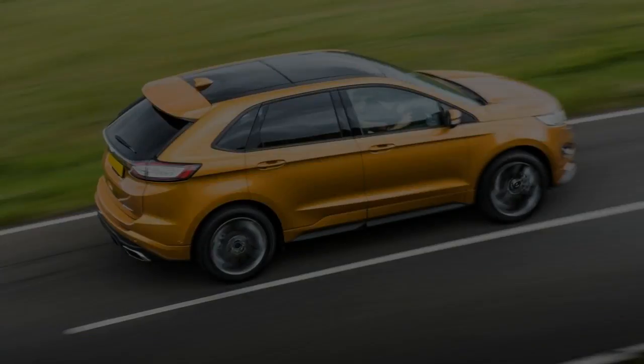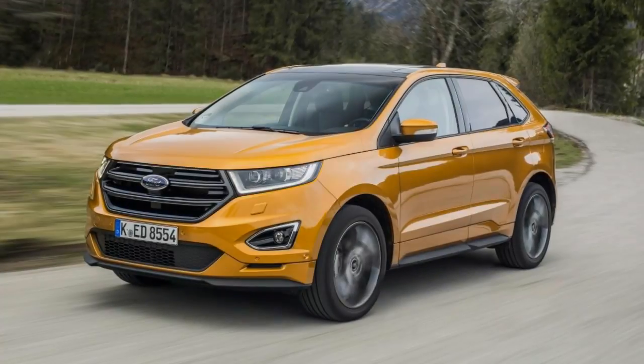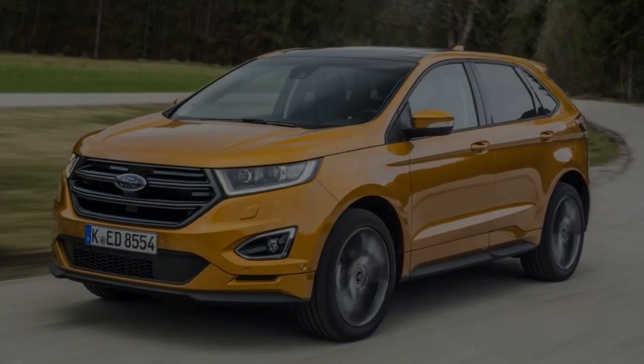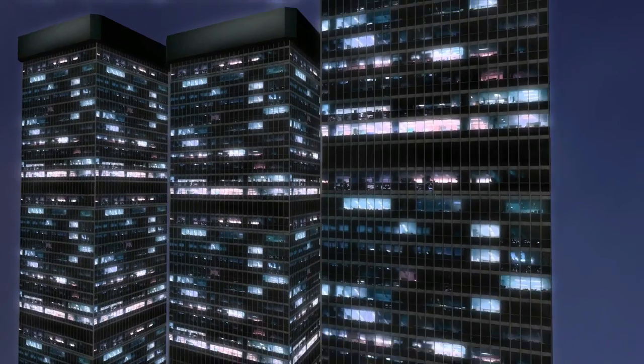While the Edge is a good all-rounder, it's pretty hard to justify against some rivals that offer more equipment and an extra pair of seats in the boot, all for the same price. And while running costs aren't the best in class either, they're still not bad for such a sizable 4x4. Ultimately, what you'll be getting is a spacious and